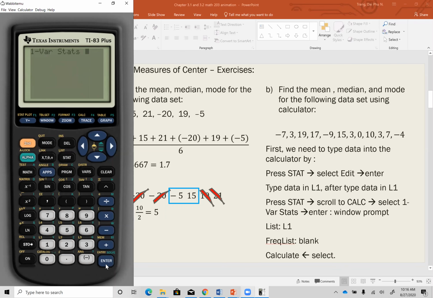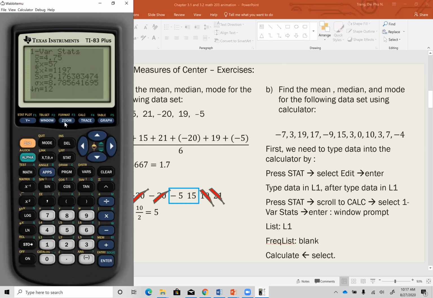If you have the TI-84, you will see a window prompt with the word List, the word Frequency List, and the word Calculate. So if you have the TI-84, make sure in your list you have L1, and make sure your frequency list is blank. Go there and clear or delete whatever your frequency has. Usually your frequency has L2 as of now. If it does, make sure you leave it blank or clear it. You should not have anything in your frequency list, and then you go down and select calculate. If you have the 83, you just need to press enter,